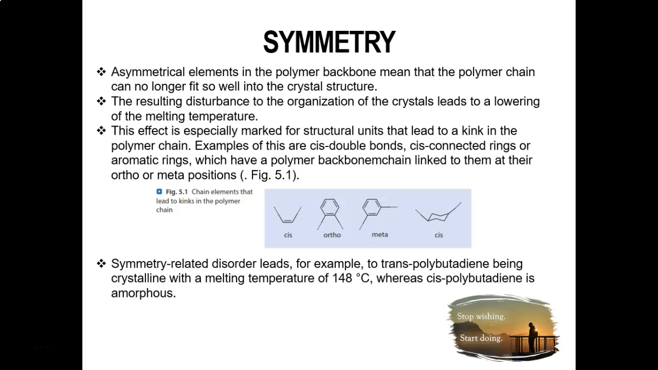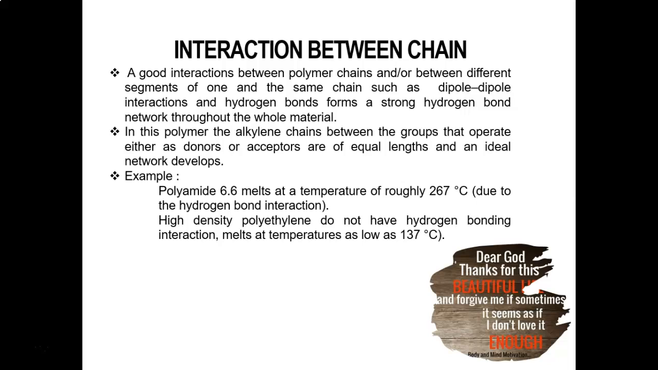If the asymmetrical element is cis, it will lower the Tm, and if it has a trans asymmetrical element, it will produce a high Tm. In terms of the interaction between the chains, a good interaction between polymer chains